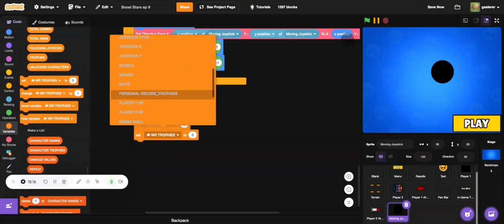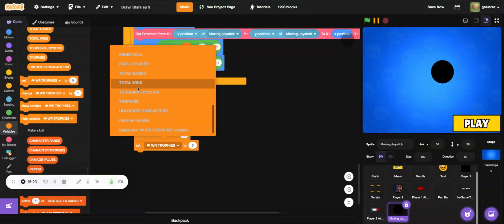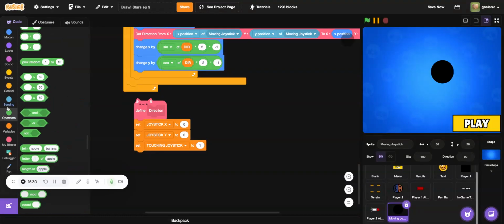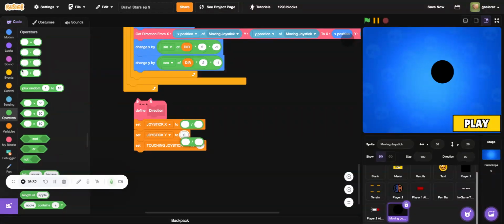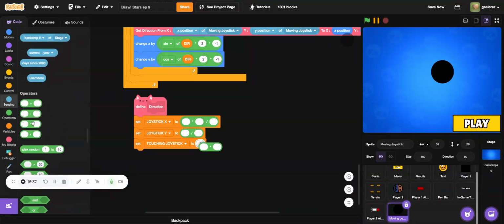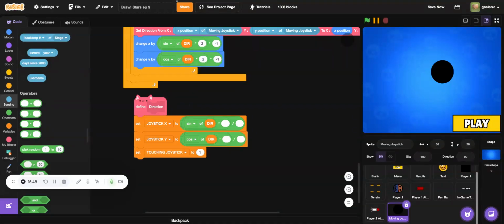Joystick X. And set joystick Y. And set touching joystick to 1. And the other ones put a divide. And in the left side put a times. Okay. So duplicate this. Sin of dir and cos of dir times